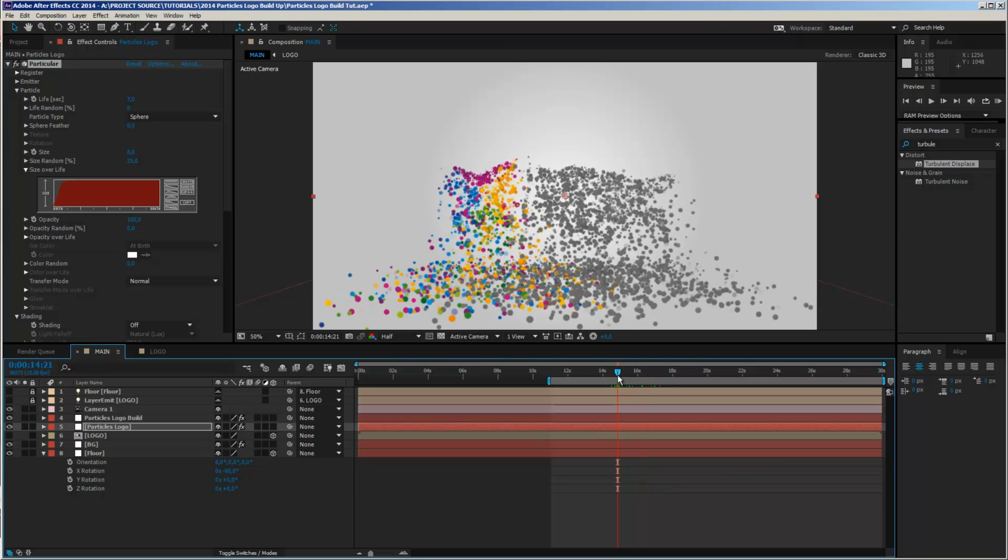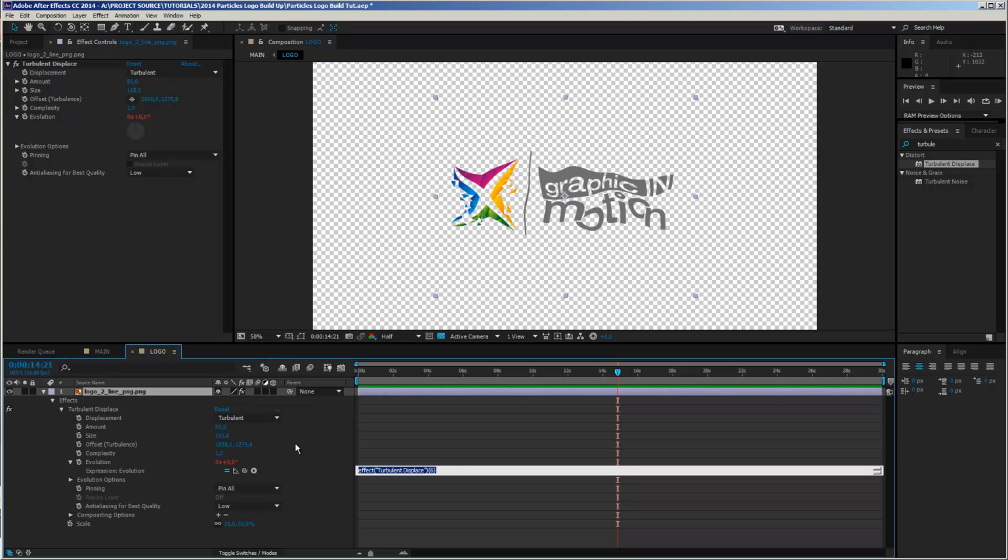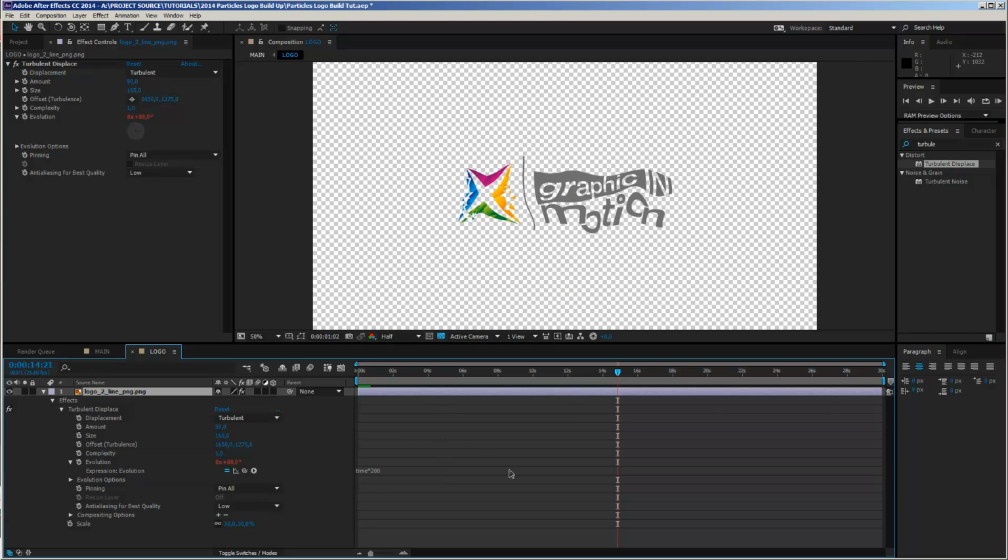And now, of course, we want this to warp around a little bit and change a little bit over time, and therefore we have the evolution value. And I want to set a simple expression to this evolution. So I will just hold down Alt and click my stopwatch to open up my expression window, and now I want to type in time times, let's say, 200, and let's just make a quick RAM preview and see how fast this is evolving.